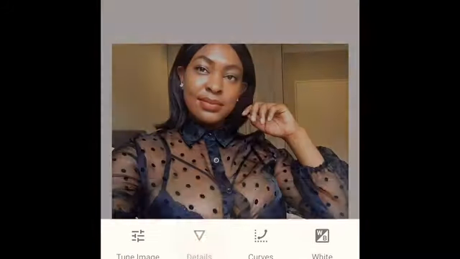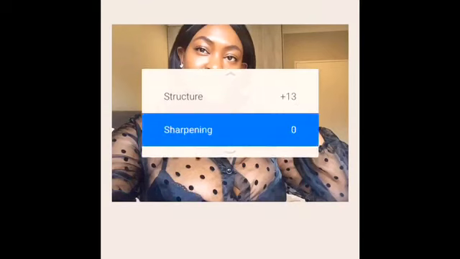And then after that, okay, let me tell you that I use Snapseed for editing photos of myself. And then the next app is Lightroom. I'm sure all of you have Lightroom. If you don't, I don't know. But yeah, Lightroom is the second app which I use, but I usually prefer to use Lightroom when I am editing